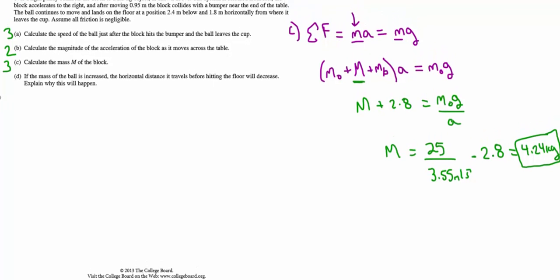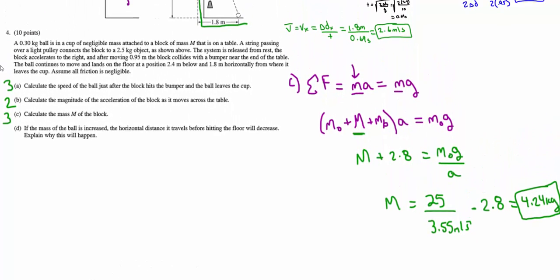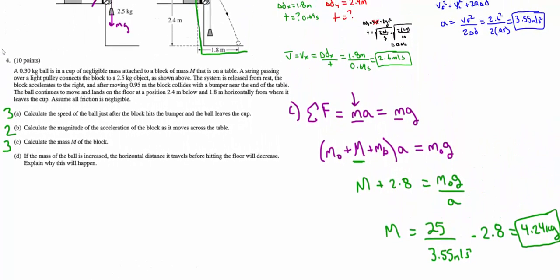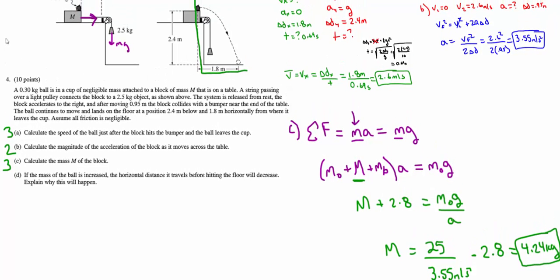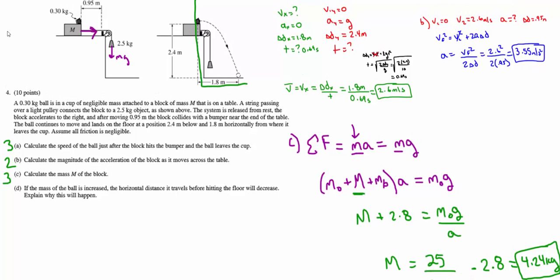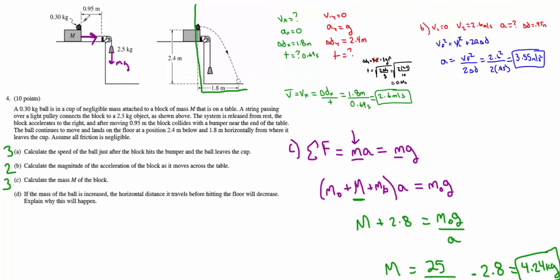Now lastly, we're at part D. If the mass of the ball is increased, the horizontal distance it travels when it hits the floor will decrease. And so why does this happen? So if I make this ball more massive, I know you're often taught that the mass of the object doesn't affect the ability to fall or the rate in which it falls. And that's all true. But it will affect its final speed it gains, because now this force, mg, which has not changed,